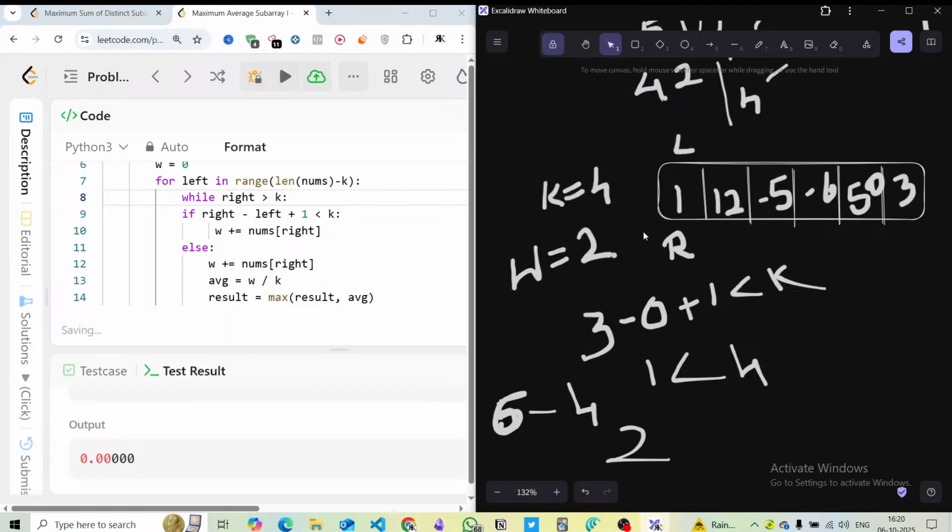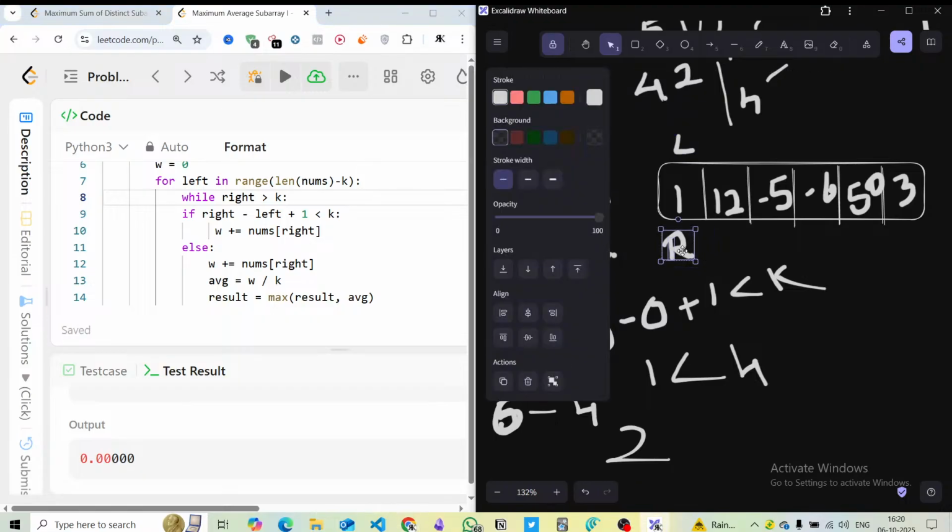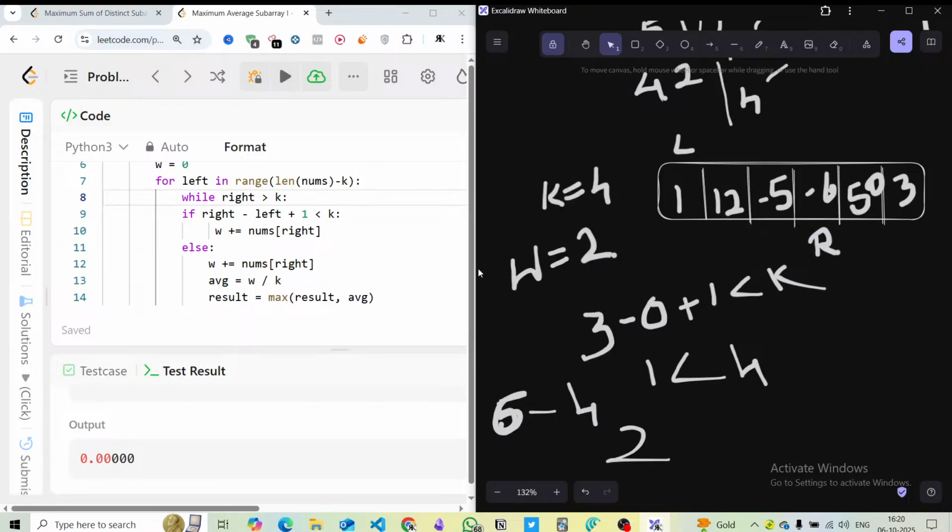Let's say when we need to stop the right, I'll draw here, right here, less than or equal to